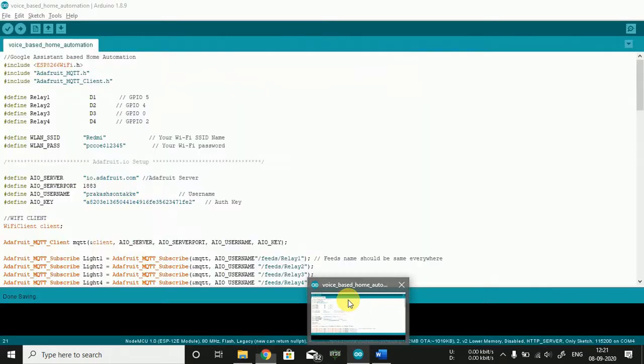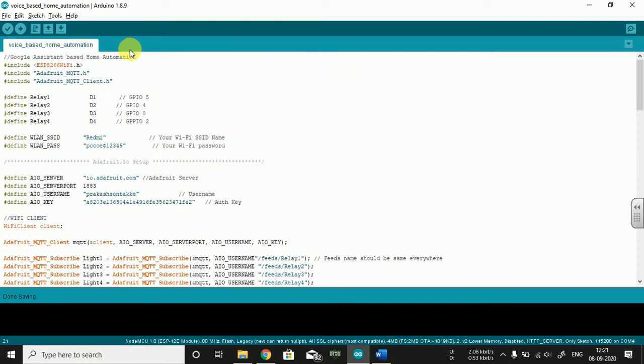You need to open your Arduino IDE, and here I have taken the home automation code that I have written. Initially, you need to import the associated libraries required: ESP8266 WiFi and Adafruit MQTT.